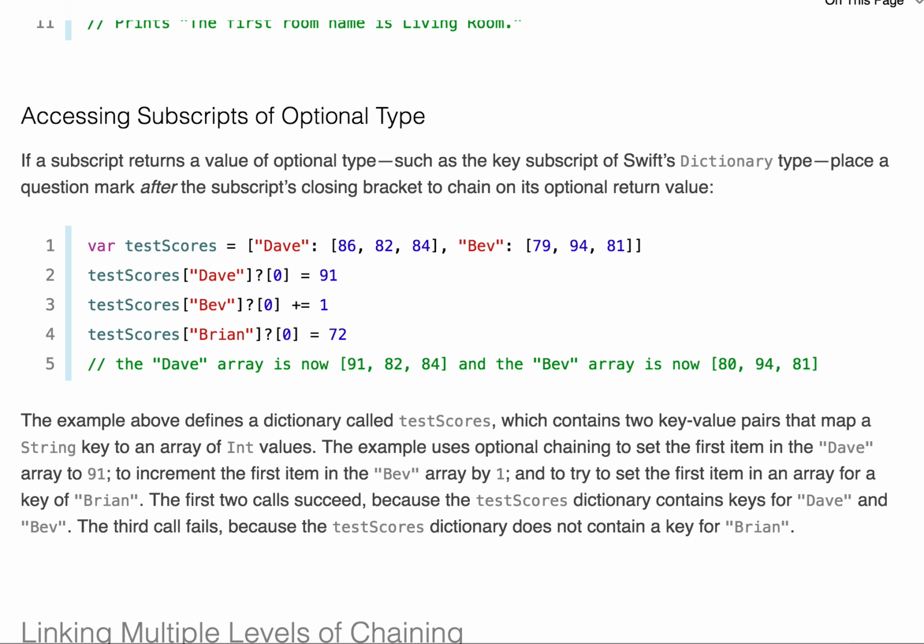Accessing subscripts of an optional type. If a subscript returns a value of optional type, such as a key subscript of Swift's dictionary type, place a question mark after the subscript's closing bracket to chain on its optional return value. So here we have our test scores, Dave and Bev's test scores, and Dave's test scores are optional, and so we will put the question mark after testScores Dave, and then we'll put a 0. If it exists, great. We're going to set the 0 test score to 91 here, and then the 0 test score for Bev to